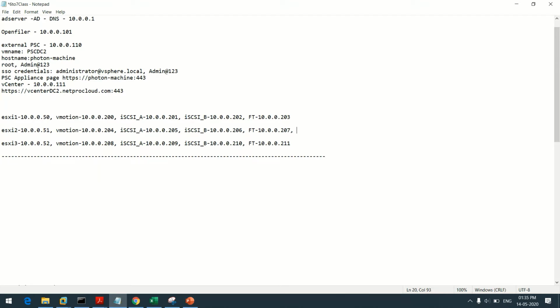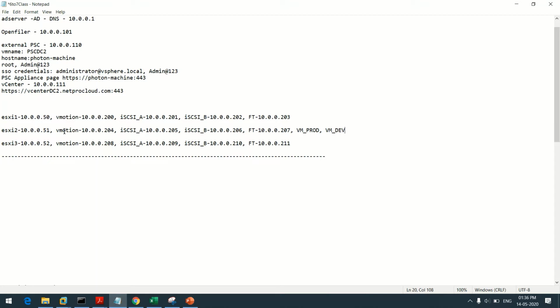So let us say it is VM_prod. I'm just going to create one vSwitch for this, and VM_dev. So I'm just going to create this virtual machine port group also. These are non-configurable port groups, so we don't need any kind of IP address. So I'm not mentioning an IP address over here.